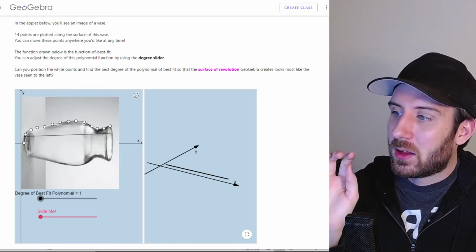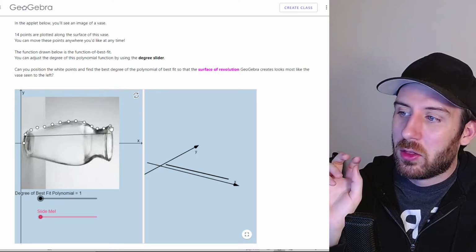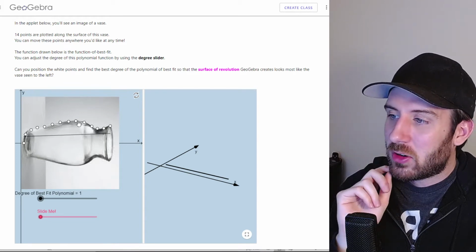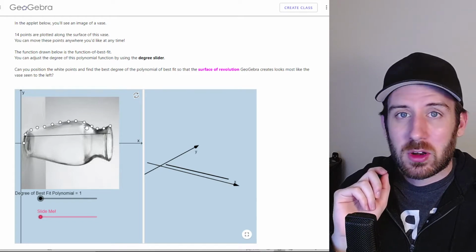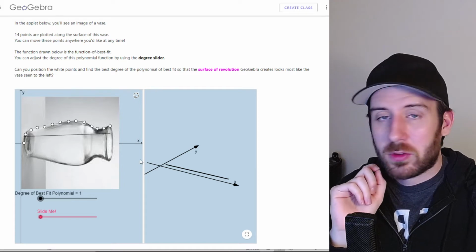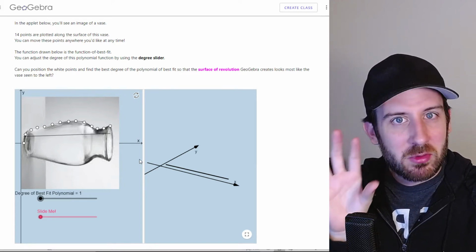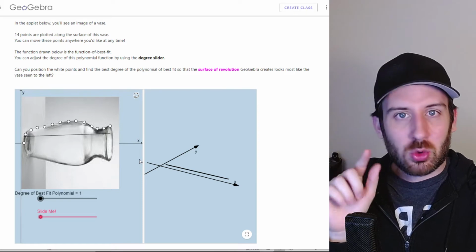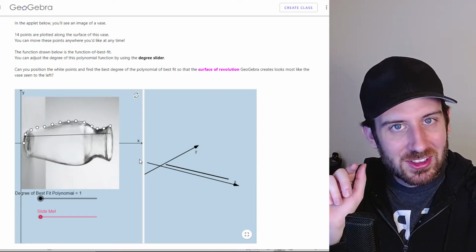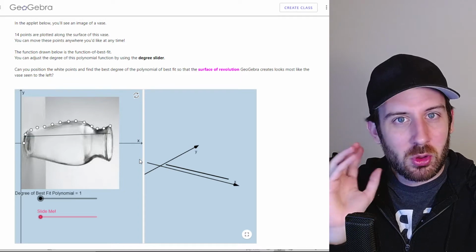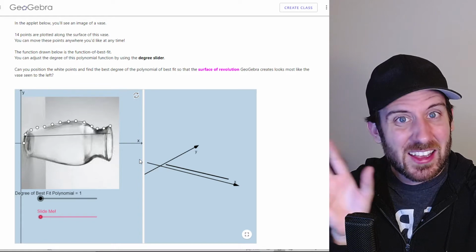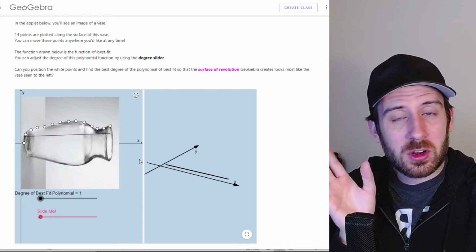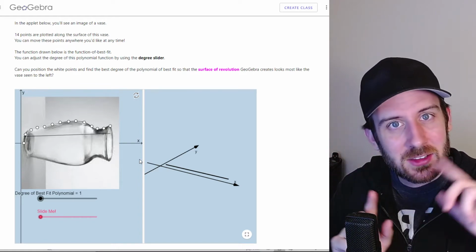Look here at somebody who's trying to model this vase. And you can see that there's a bunch of different points that you can plot around this. In fact, the same software works very commonly if you're into something like Photoshop or most of your picture editors, where you can grab faces, right? Or you can crop out different objects by just clicking on them and having it select things and pull it out. As it's mapping surfaces with polynomials, it's trying to guess at exactly what it is that you are looking for, and it's putting a bunch of little dots around it,